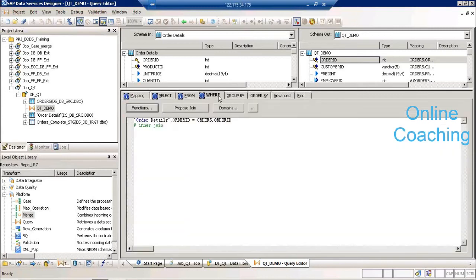Right, next, where we have seen this, we can join two different tables using one condition, or you can use an AND condition and join on multiple conditions. When you use an AND, it says that condition 1 and condition 2 and condition 3 should be satisfied. Or if you have a situation where you can go for either A or B, you can use an OR